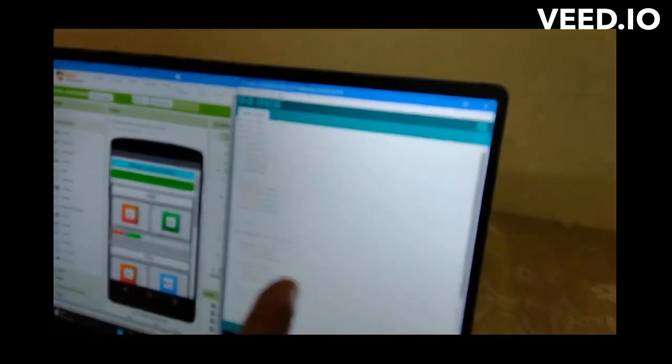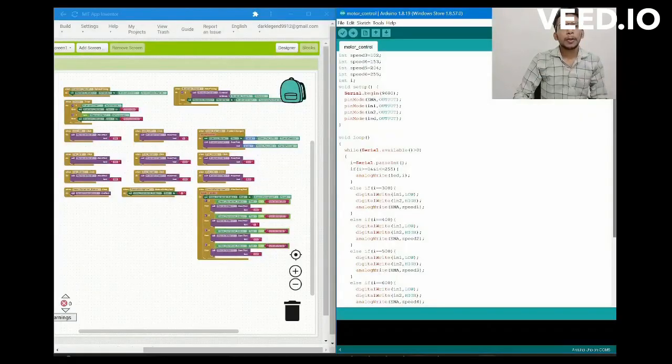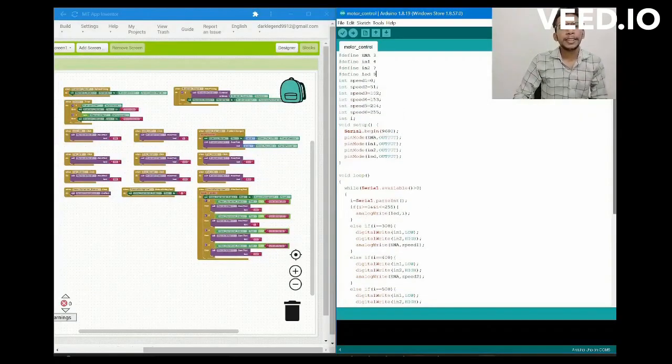Now let's move on to the coding part of this project. Here we are in the coding part of this project. You can see there are two coding interfaces, one for Arduino, another one for the mobile application. Coming towards the Arduino code, we have connected LED at output pin 9 and inputs of motor driver at output pin 4 and 7 and enable pin of driver at the output pin 3. Here 9 and 3 are the PWM pins for analog output.